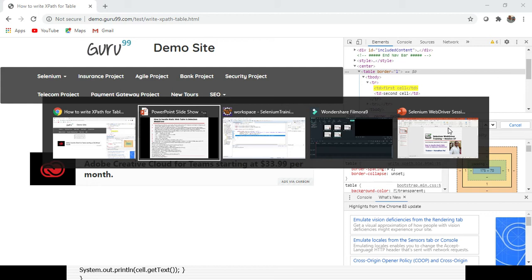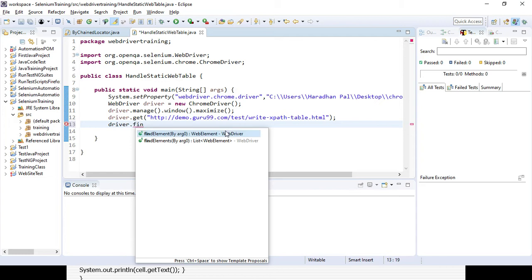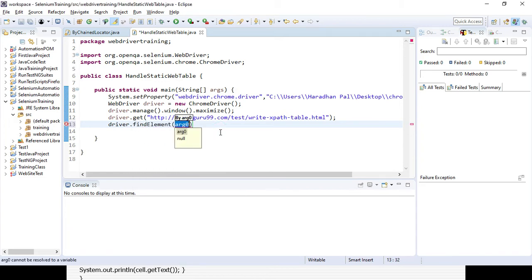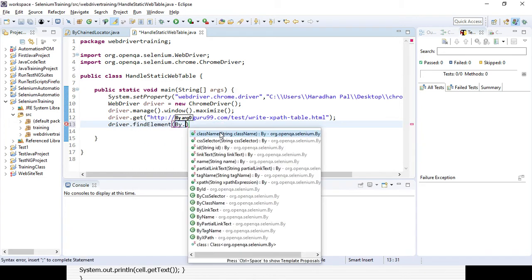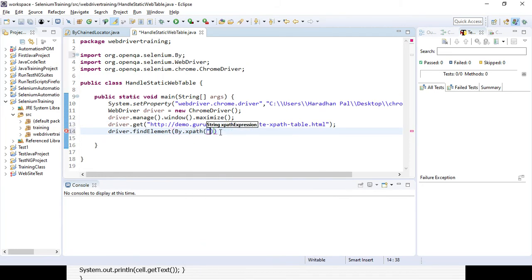So you can inspect the element through that particular path, whatever you have created. So driver dot find element, by dot xpath. That is the xpath I am creating, right?